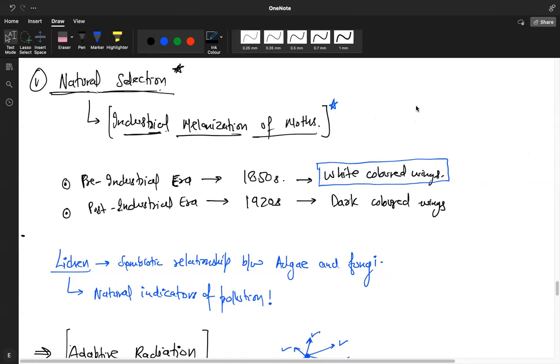So we learned about artificial selection, which is the process of artificially selecting the genotype for a particular plant or animal species over generations by humans. With artificial selection, we have not reached the level of species yet, because speciation takes a very long time, right? It can also happen suddenly with respect to the evolutionary time frame, but even that sudden is very long. It's longer than a human lifespan.